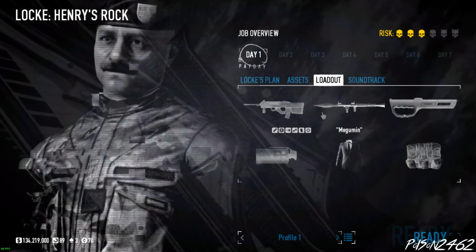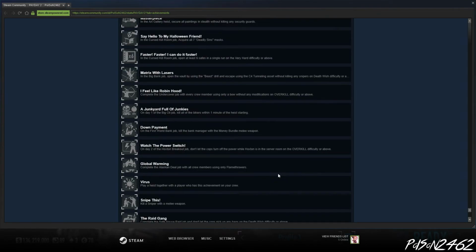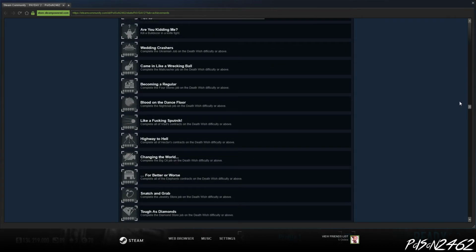Now, I'm going to be handling one of the achievements in this. It's going to actually be the newest achievement, part of the heist. I'm going to try to go for 2 achievements if I get lucky enough. It'll definitely be shown off in this video, but I'm going to try to go for the Hidden Secrets achievement, Boom Headshot. I haven't gotten it yet, so I can't really show it off. But I'm also going to be showing off how to get...